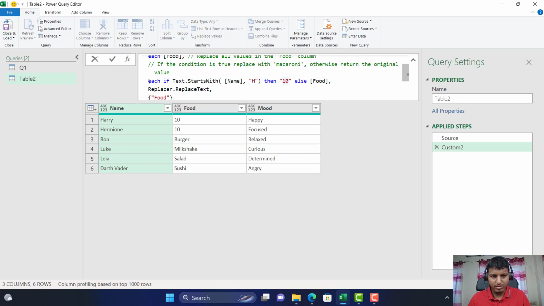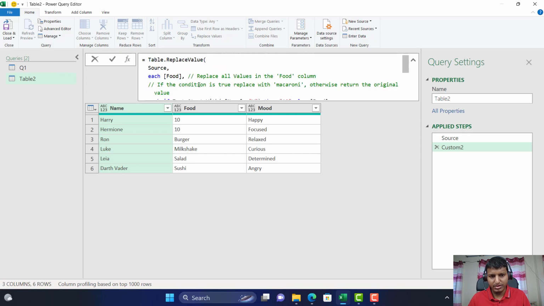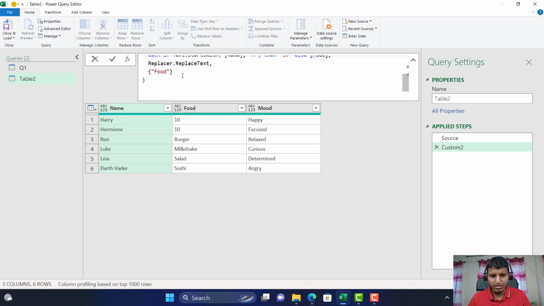Okay, so the final output of this function needs to be text if we want to use replace text, and this one needs to be text as well if we want to use the replacer.replace text function. Now whatever we specify in this section will be replaced in that particular column. Okay, so let's suppose, what if I just do, give me another column, that's mode, and if I just press enter,